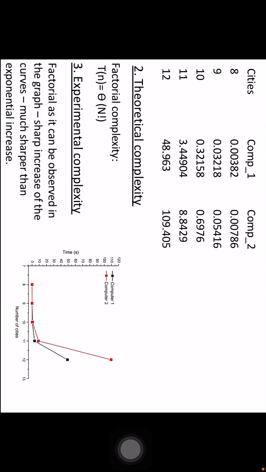So we can say, and you can also follow this example for your task, that using computer 1 and computer 2, you can see that computer 2 is slower because it takes much more time. It increases faster with increasing number of cities. And the dependence is factorial because, as you can see in the table, when you increase the number of cities by 1, then in computer number 1, it increases